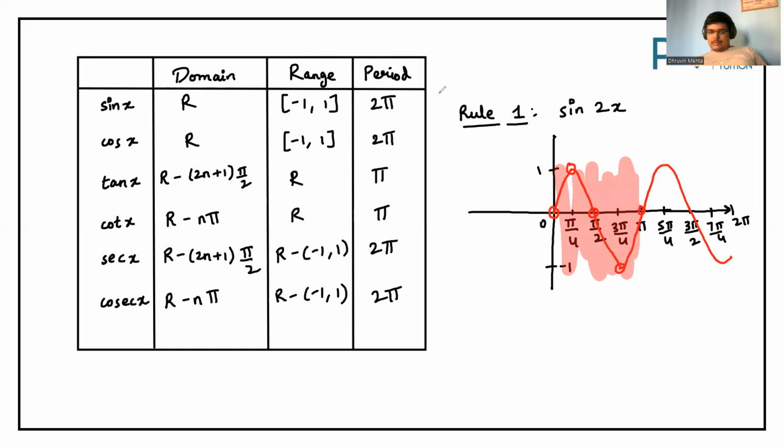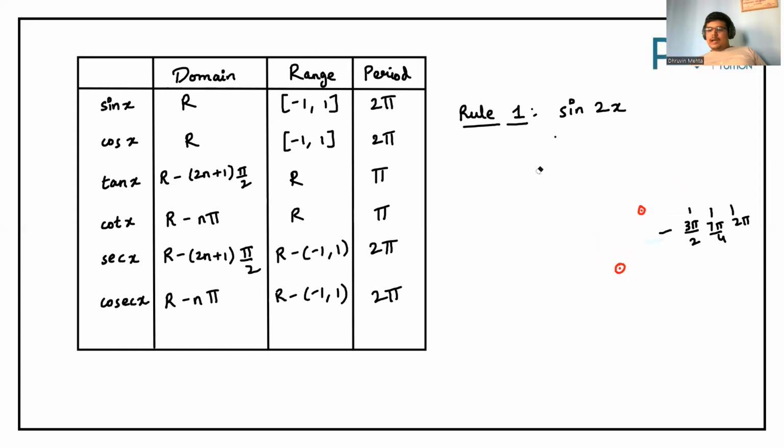Yes, sir. So what is the rule? The rule is when we multiply the angle with a number, you have to divide the period by that number. So when the angle is multiplied,